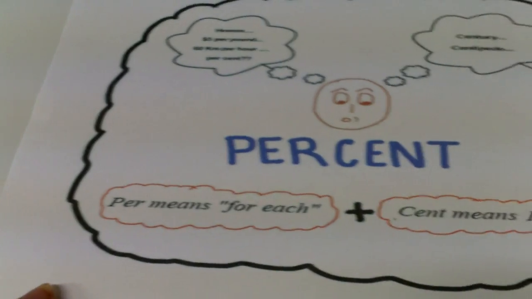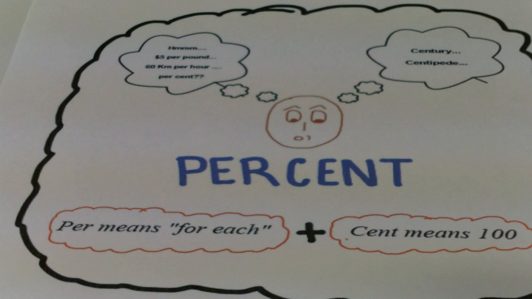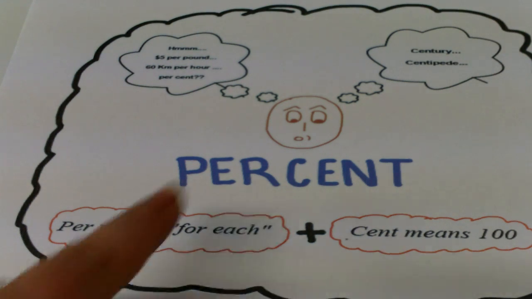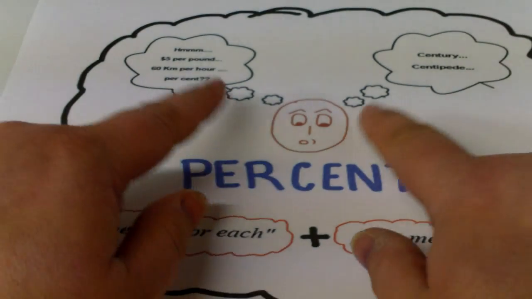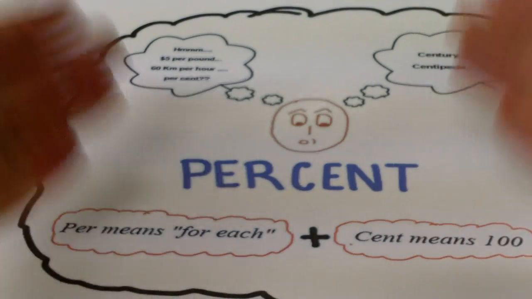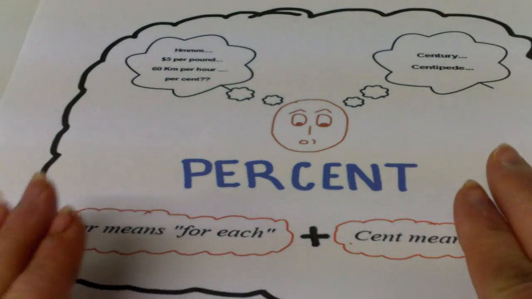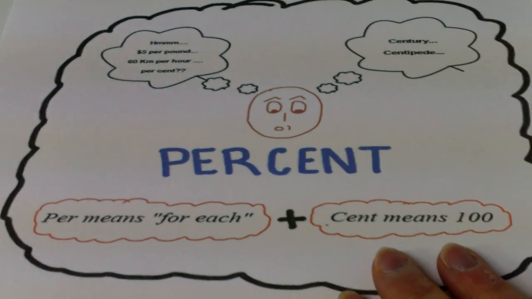What is a percent? Percent, the actual word, means for each, the per. The cent means out of 100. So for each 100. That's what you have to keep in your mind as you're thinking about these percents. Now, another way you can think of it